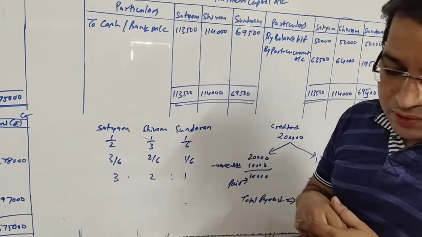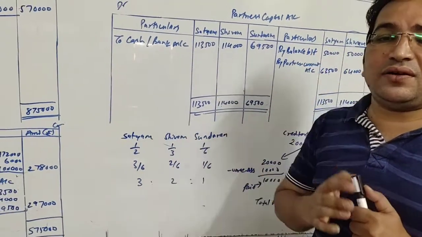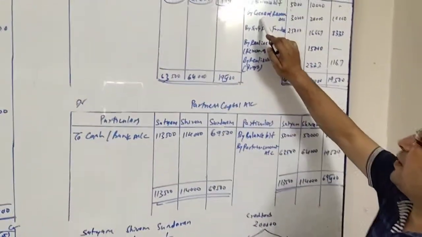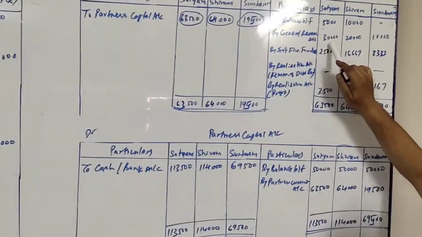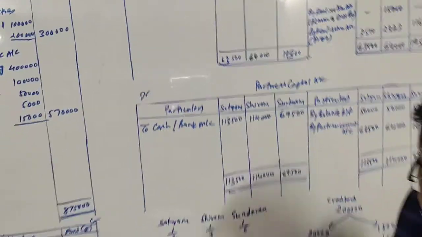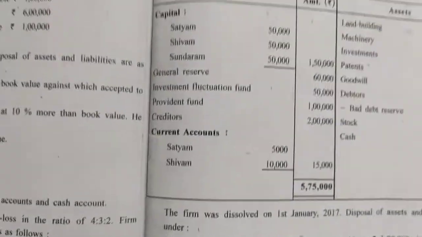Now again talk about the general reserve, which is given 60,000. It will be credited to their current account. So here it is: by general reserve 30,000, 20,000 and 10,000. Next item is